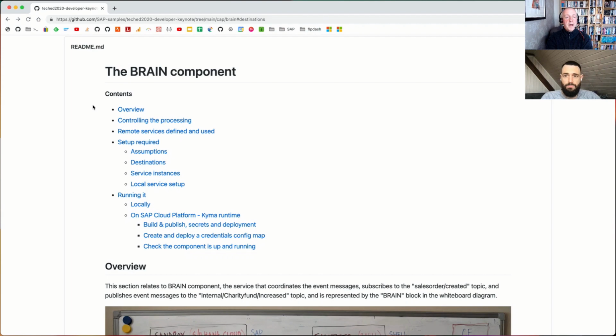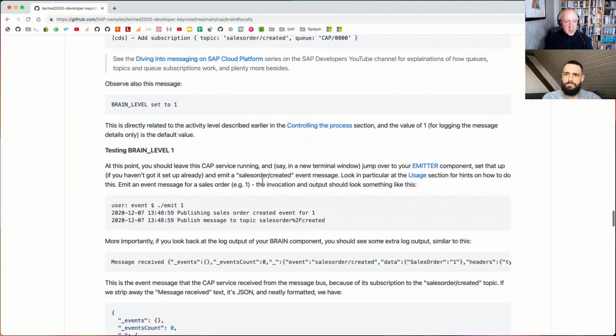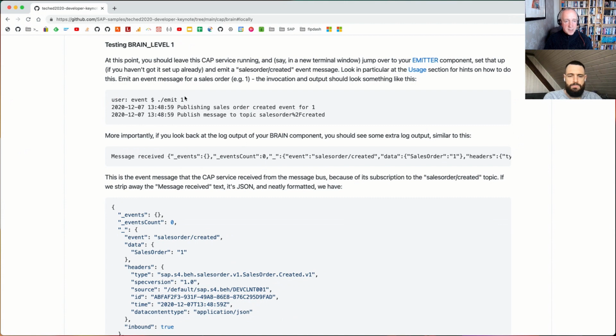Okay, so we're about to start looking at the converter, but let's have a quick look, me and Kevin, as to where we left off last time, which was basically looking at the brain component, because it's the brain component that's going to be utilizing the converter, the conversion service. What we did last week and the week before is look at running the brain component locally, and we ran it, if you remember, at two different levels: brain level 1 and brain level 2. Brain level 1, if you remember, all it's going to do is log the message that it receives